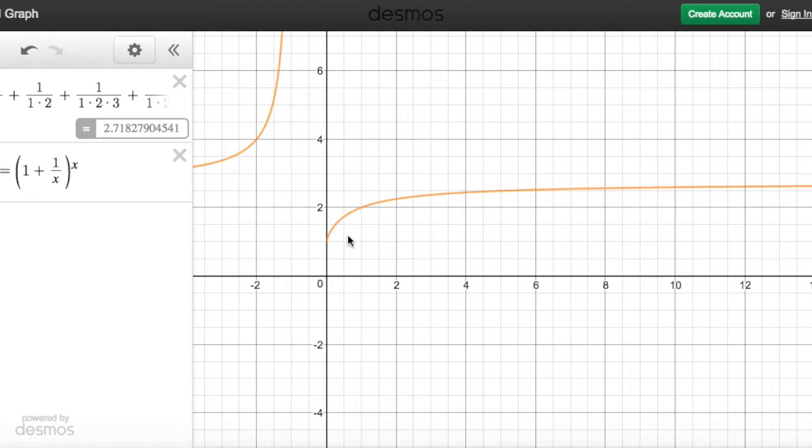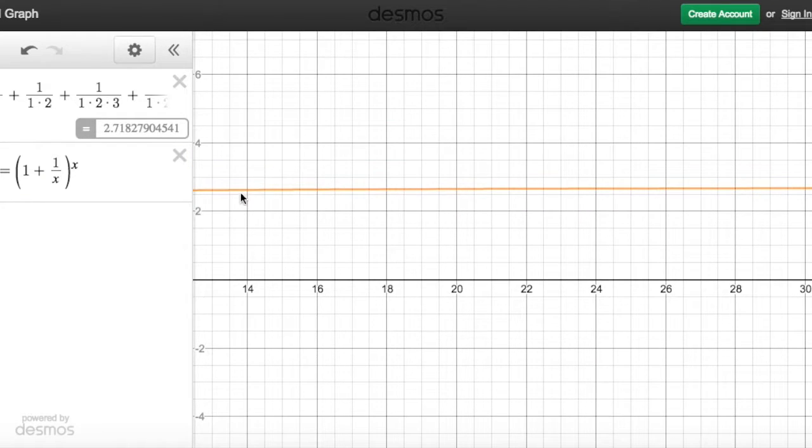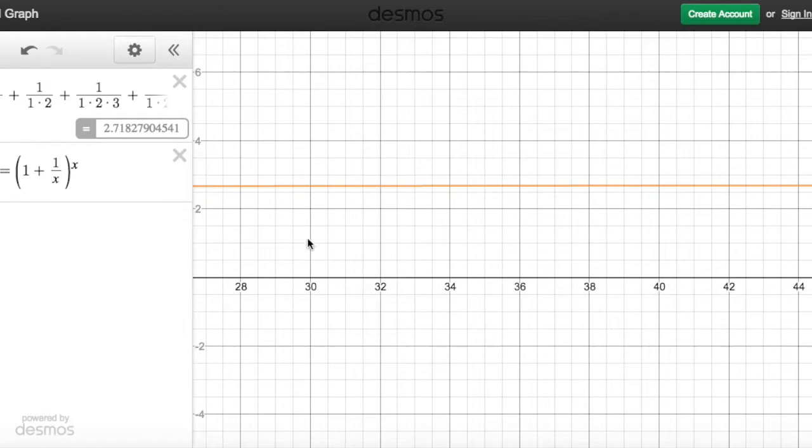As I trace along this curve, we get 2.5, 2.57, 2.618. If I keep tracing it out, it looks like it flattens out, but it never actually completely flattens out. And if I evaluate this for extremely large numbers,